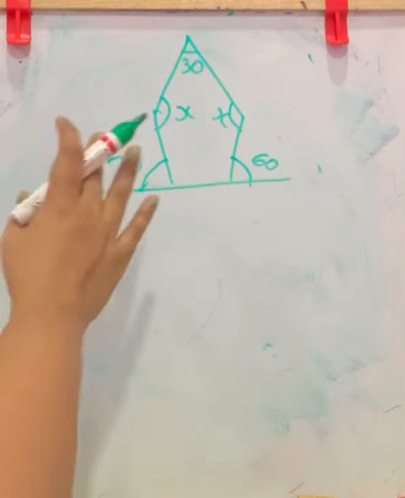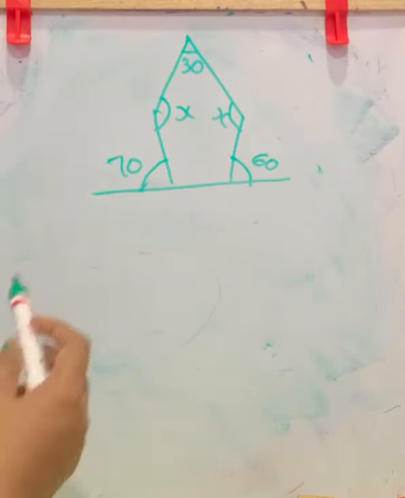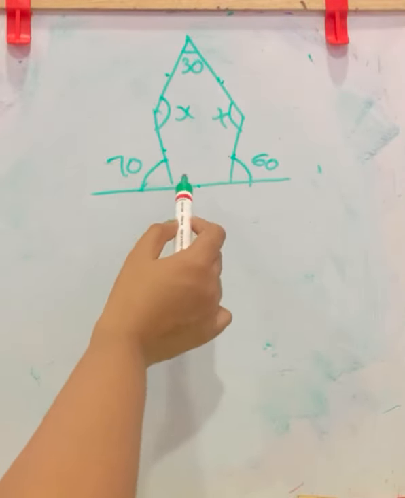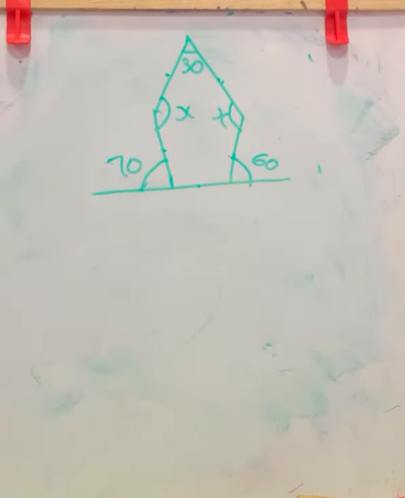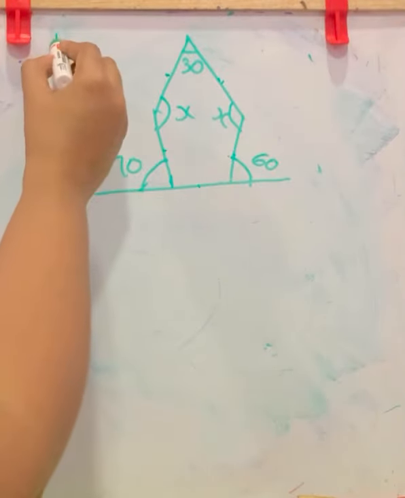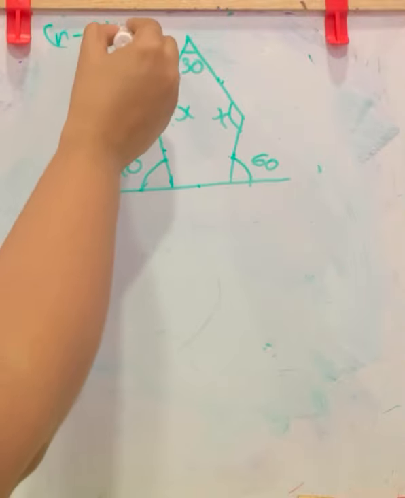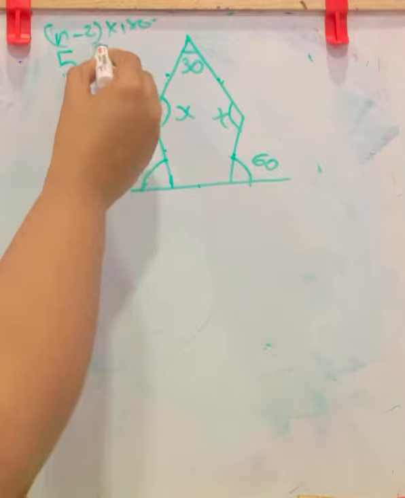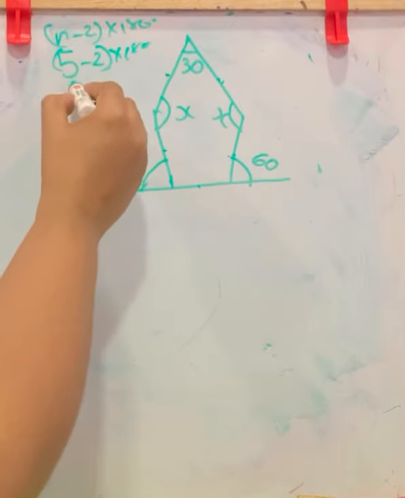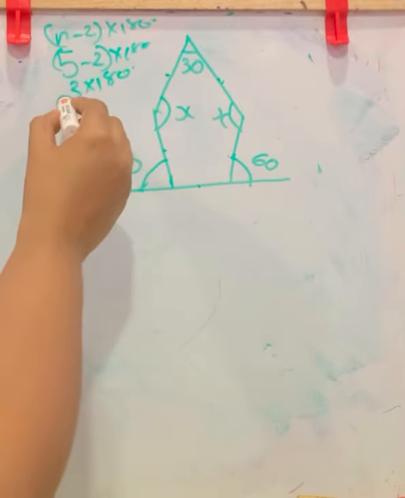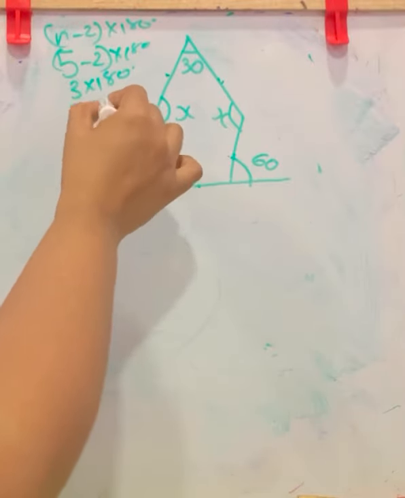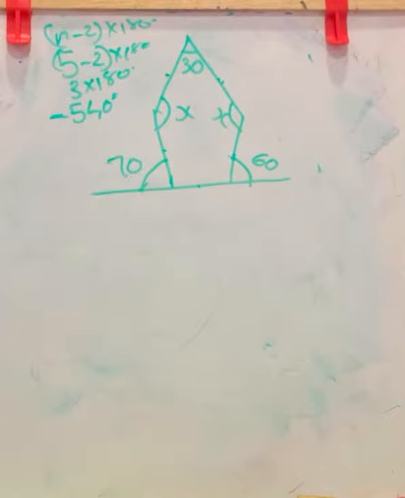Now next, this is the figure given. Actually, this is a 5-sided polygon. That is 1, 2, 3, 4, 5-sided polygon. That means pentagon. So the angle sum property, we know angle sum is n minus 2 into 180, right? So here it is a 5-sided figure. 5 minus 2 into 180 means 3 into 180. That is angle sum of a pentagon is 3 into 180 is 540. So angle sum is 540.